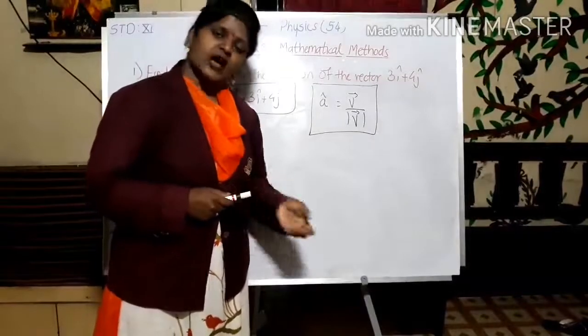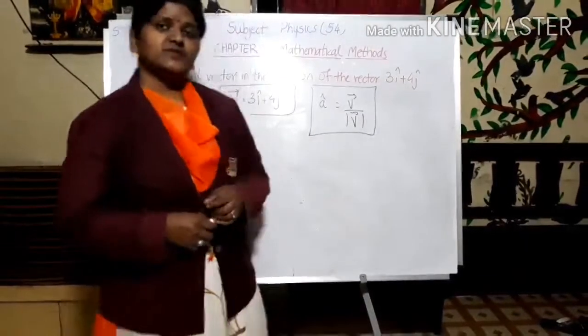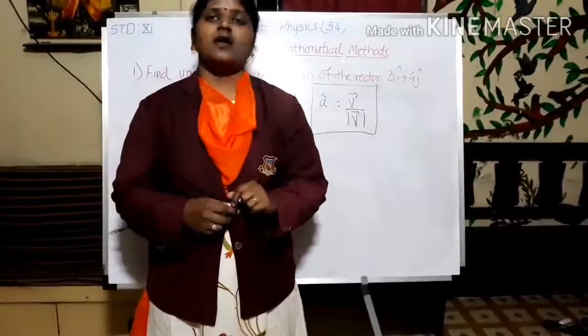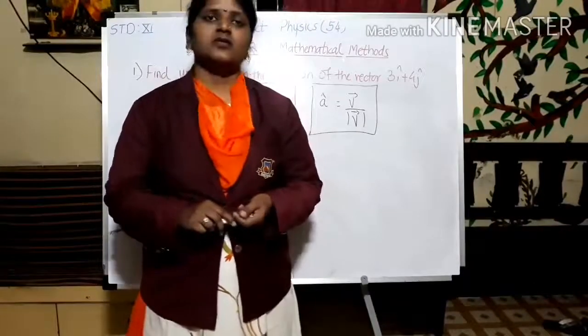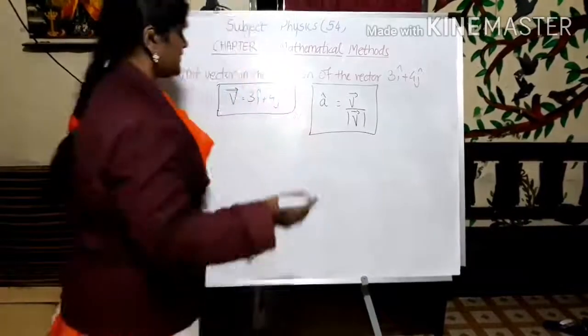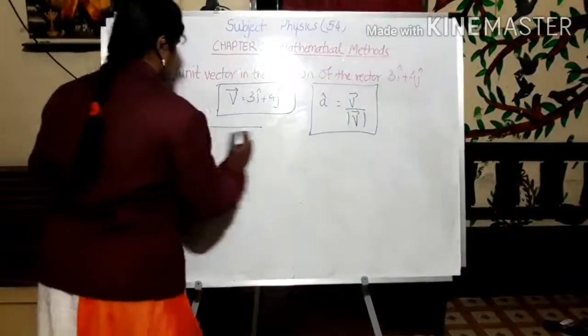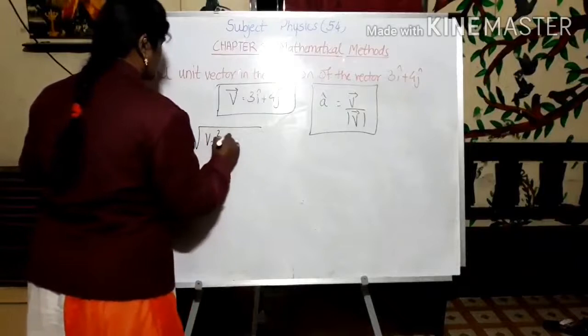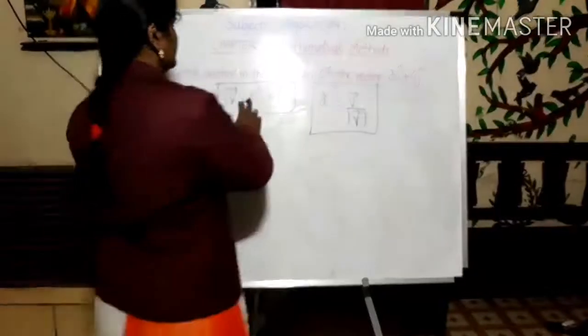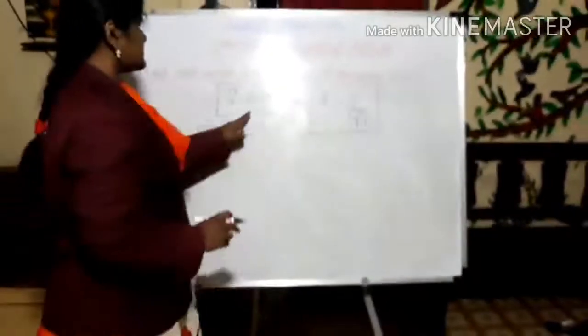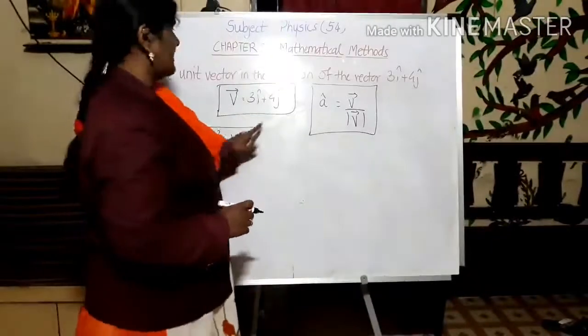We have right now seen the resolution of vector, in which we have seen about r. That r we have found out was nothing but r bar only. So, let's find out v bar. How to find this? It is nothing but the square root of vx square plus vy square. Now, we have to consider vx as 3 and vy as 4.